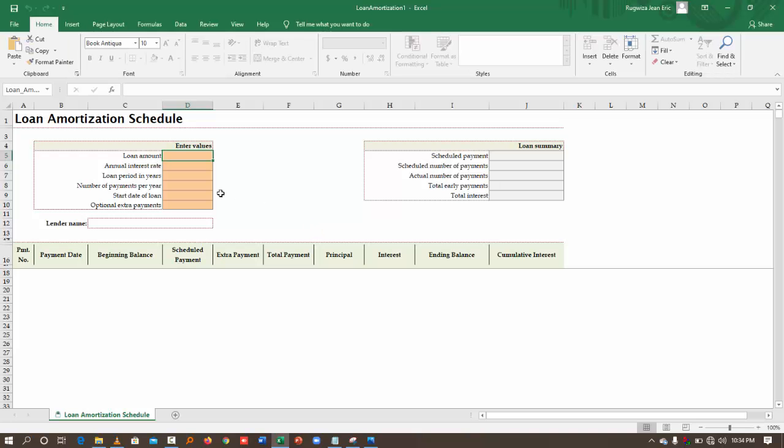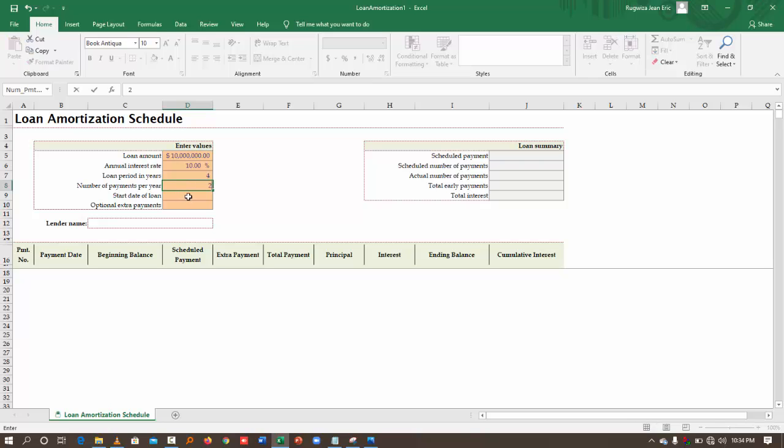If you are going to prepare this loan amortization, for example, the loan amount is 10 million. The annual interest rate is 10%. Loan period, I will be paying in 4 years. Number of payments per year, I will be paying in semesters, which means